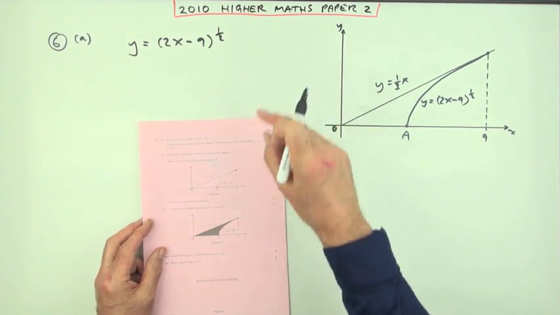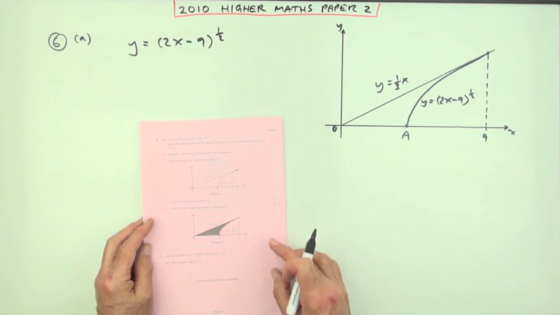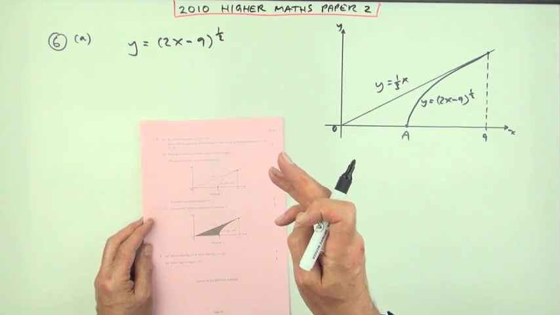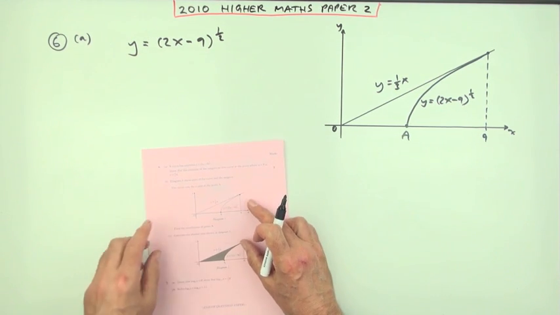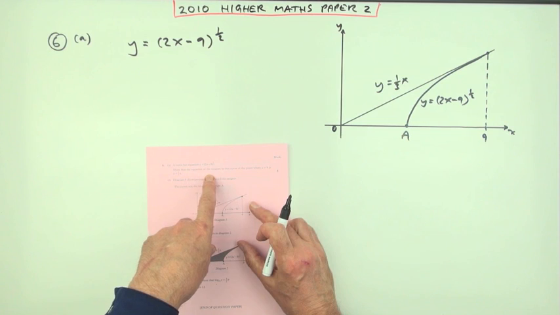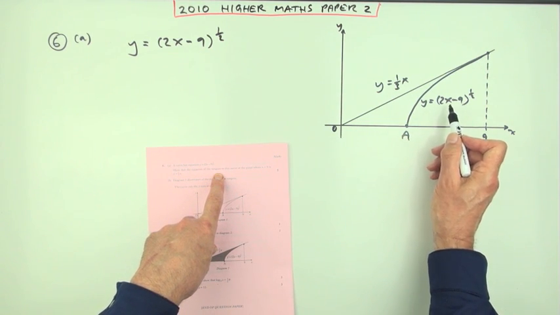So number 6 then from the 2010 Higher Maths paper 2. What have we got? Tangents to a curve and area under a curve. Now the first part says, show that the equation of the tangent to this curve at the point where x